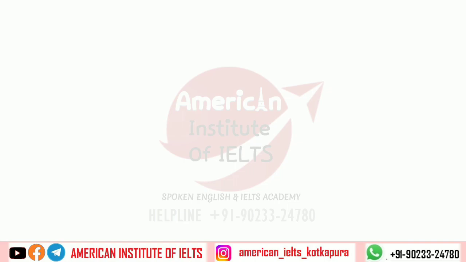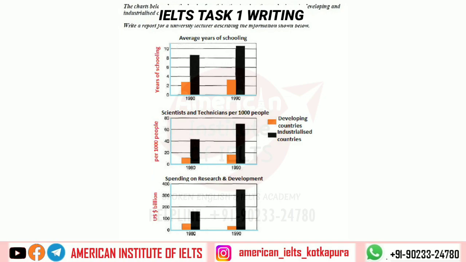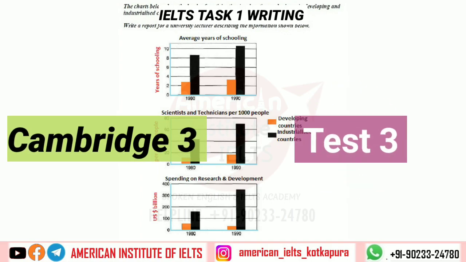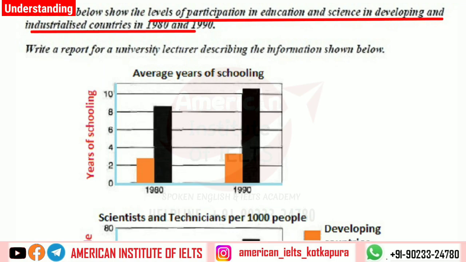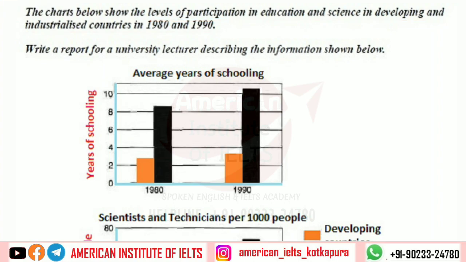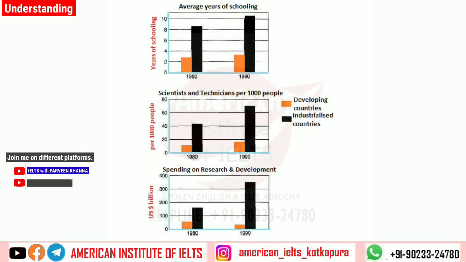Welcome to this Task 1 writing video, where in a simple way I am going to help you write IELTS Task 1. I have chosen a task from Cambridge 3, Test 3. This bar graph shows the level of participation in education and science in developing and industrialized countries in 1980 and 1990. As you can see, we have 3 bar charts and each bar chart is talking about something